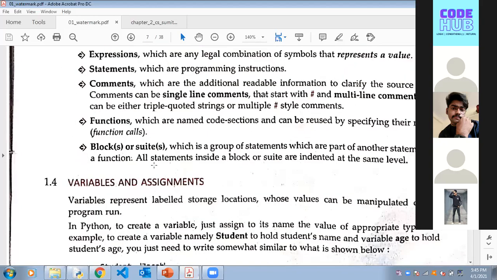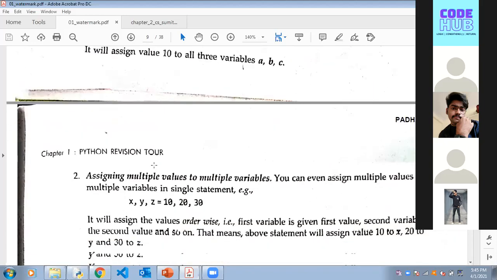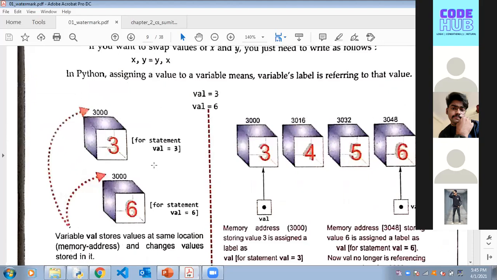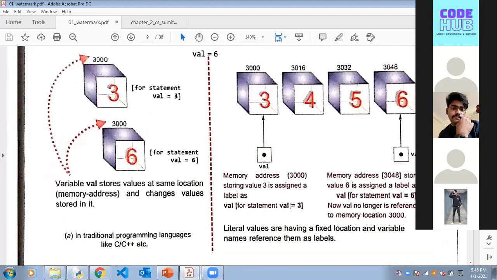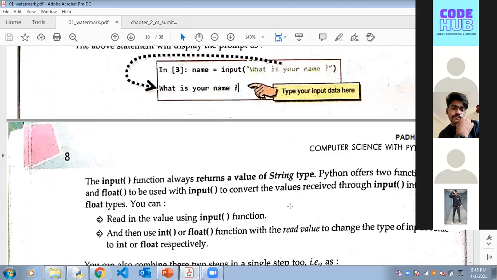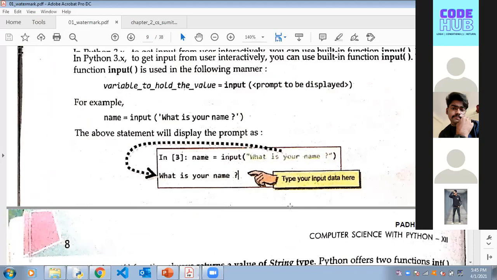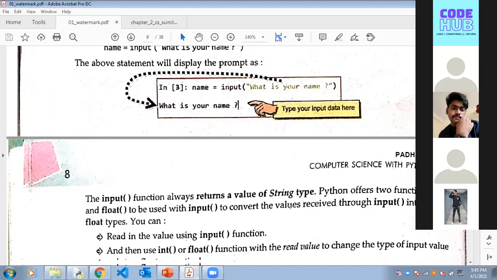I told you Python is a dynamically typed language. Go through it. We'll give you the notes. I'll send you this textbook. See how these references are done. I told you about referencing memory addresses. Check how it is done. If you have any doubt, you can ask us. In the next class, we'll see input and output, and then loops, that is for, if, and so on. Operators are done. Mostly you'll understand everything from the next class, even if it is vague today.